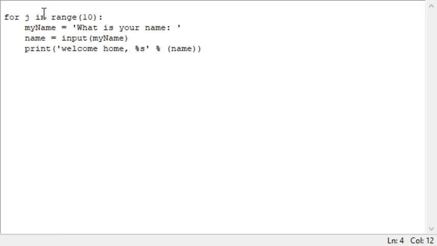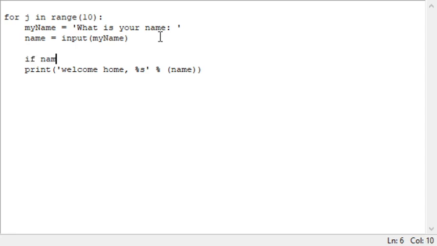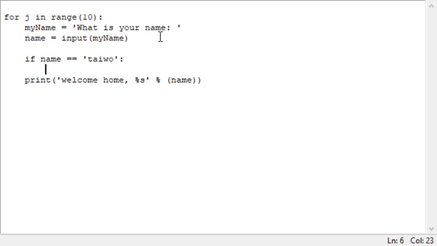So let's say it should just keep asking for my name and then keep printing the name. So let's say if the name is Taiwo, I want you to print out Taiwo. Else, just print